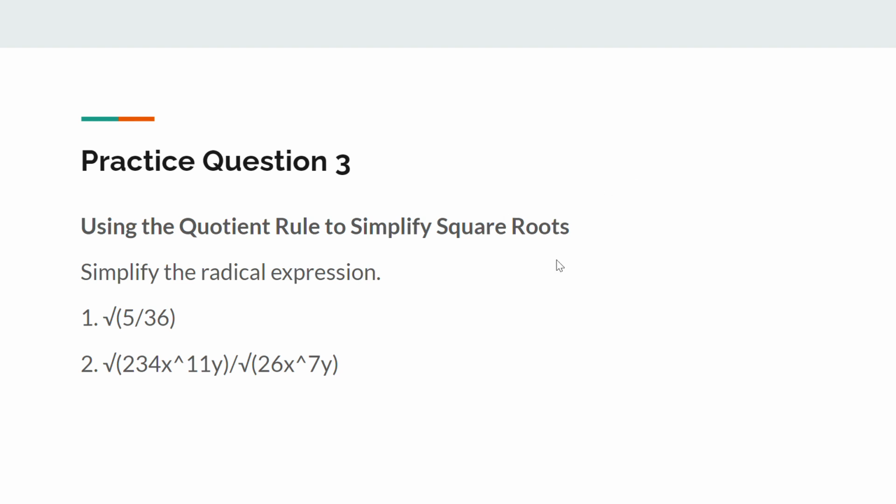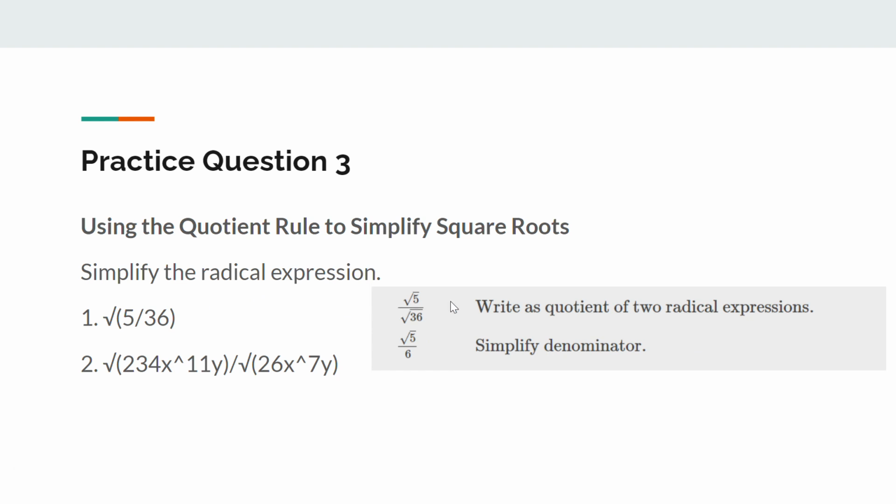Alright, so the answer for the first one is just like this. This thing over here is the same as the square root of 5 over the square root of 36, and the square root of 36 is just 6. But we cannot further simplify the square root of 5, so we just leave it like that. And we get the square root of 5 over 6. And for the second one,